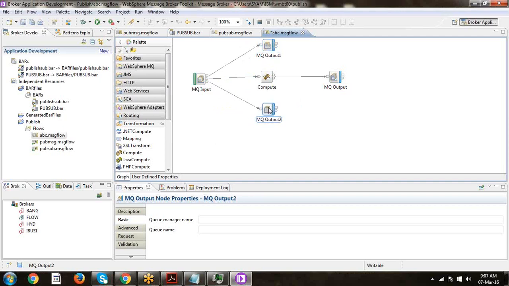The message comes in, you apply some business logic, and if everything is fine it goes to the output. If there is any exception, it comes into the catch terminal. If there is any failure, it goes into the failure terminal. If the catch and failure terminals are not available, then it goes into the dead letter queue.